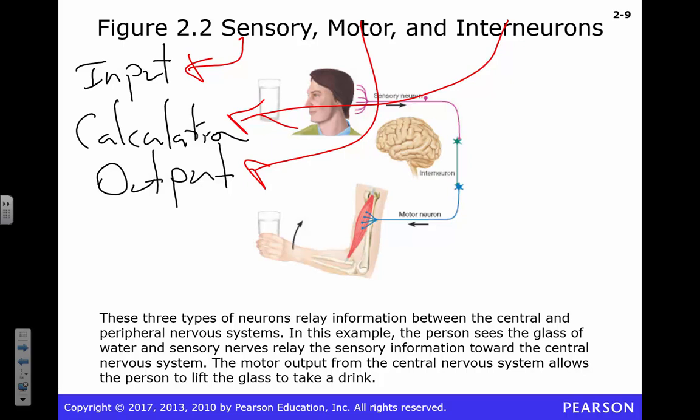So this input, calculation, output, you can apply it all the way across the nervous system. Whether you're talking about a single cell, a group of cells in a nucleus, a circuit, an entire visual system, which is going to encompass a lot of circuits, or your entire nervous system for the entire organism. Input, calculation, output, okay? That's really how I want you to think about this. That's all that's happening at every single level. This is a nice, broad, overarching theme. It's pretty good, right?